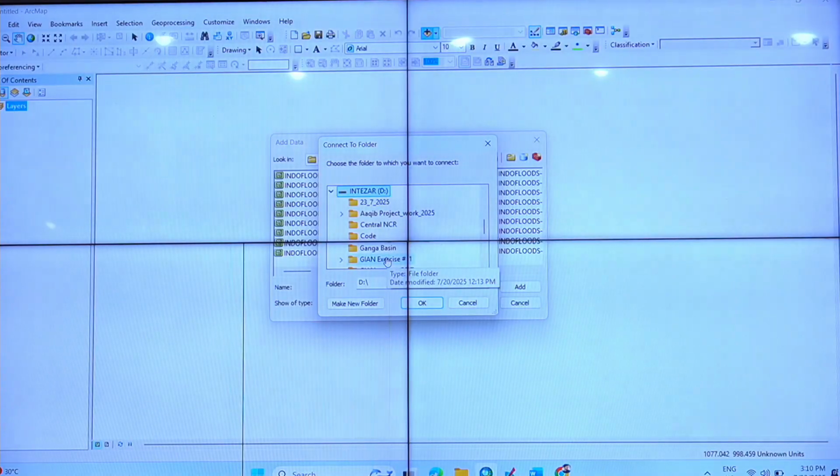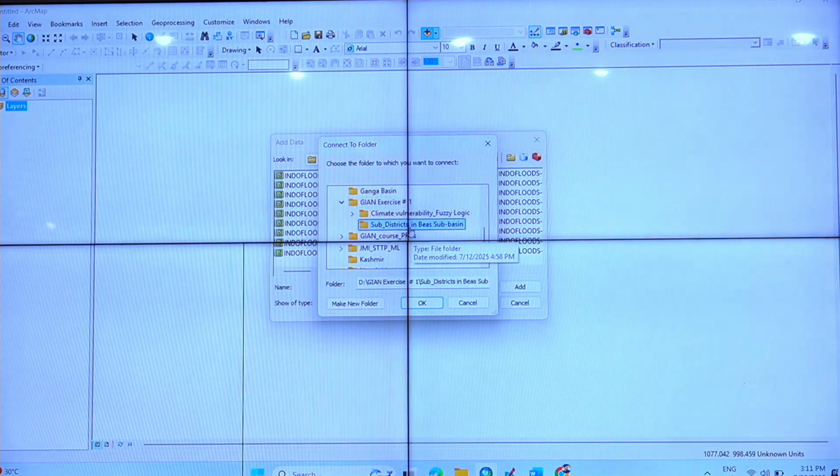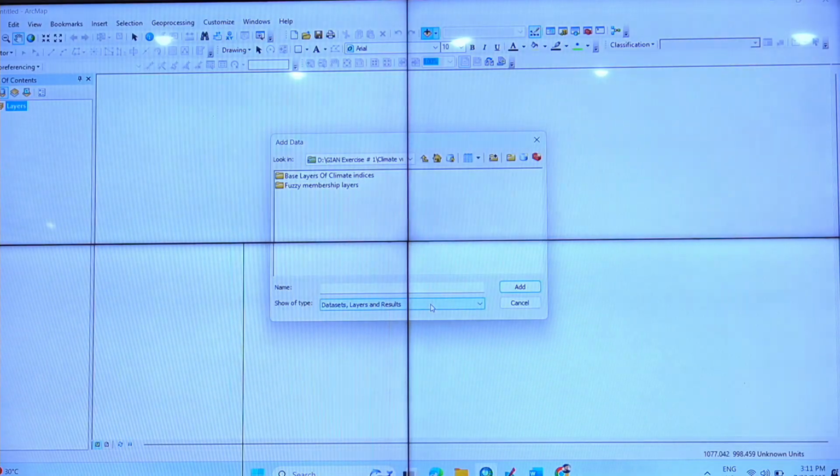Gyan exercise 1. This is a folder, and the same folder Gyan exercise 1 you'll find on the computer lab in the department on the desktop. All the systems, they have put the data in the morning. You select it, and then you go to this file. This is called, sorry, this one, and then say okay, right?